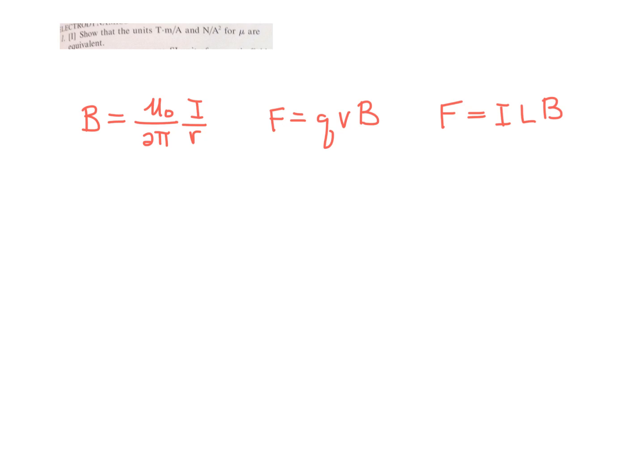Day 32, page 759, problem number 1. I'm going to use these three equations, or at least a couple of them, to show what we need to